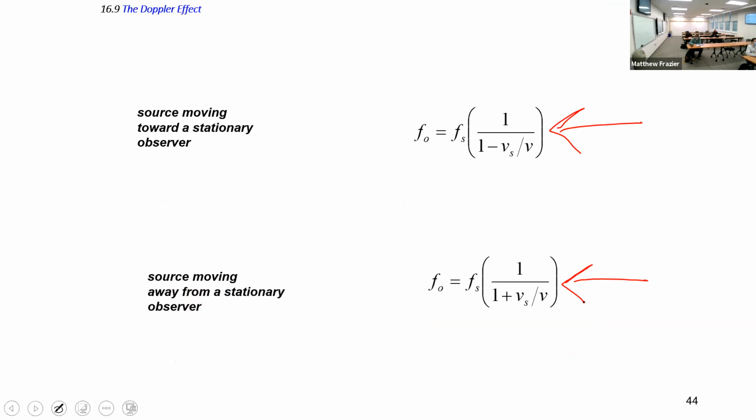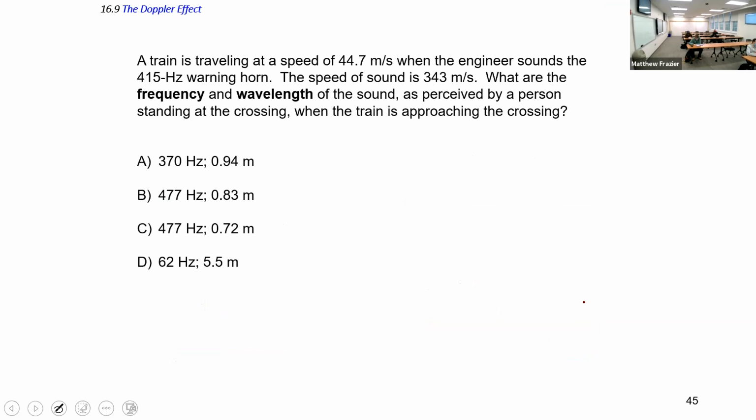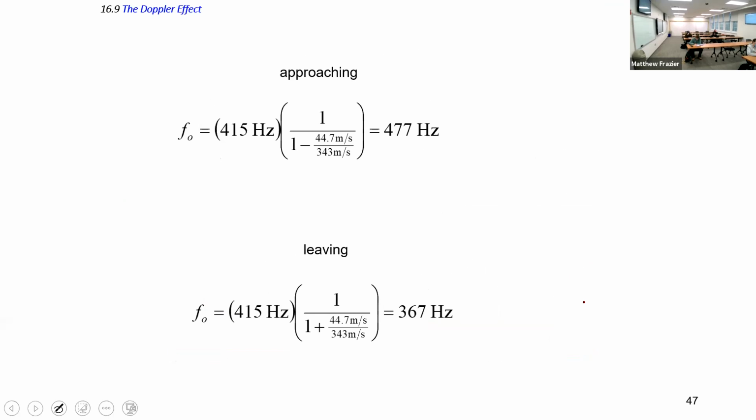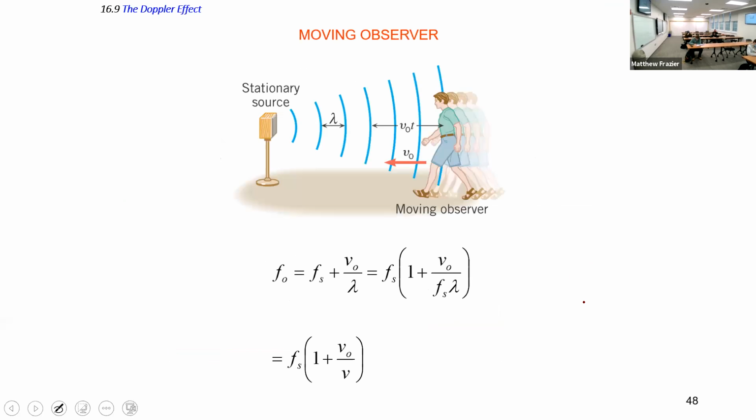Now, we can ask, well, what happens if the observer is not stationary? Well, first, we can go through an example problem. Actually, let's skip that. We'll come back to it. So, if the observer moves,